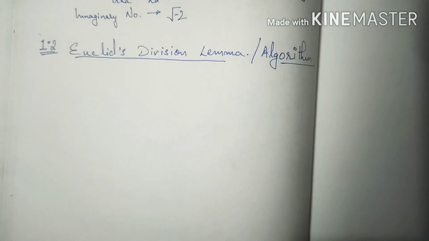Okay, so the first topic of this chapter, at page number 2 and 3, is theorem 1.1, that is Euclid's division lemma or Euclid's division algorithm. First of all, lemma. What is a lemma? A lemma is a proven statement that is used to prove another statement, and similarly the algorithm is the steps we are taking to solve any problem. These are called algorithm. So what Euclid said,